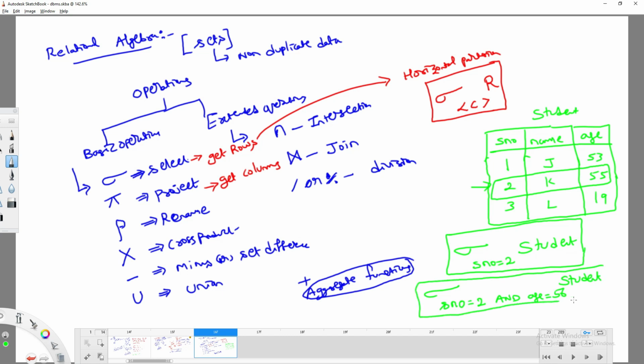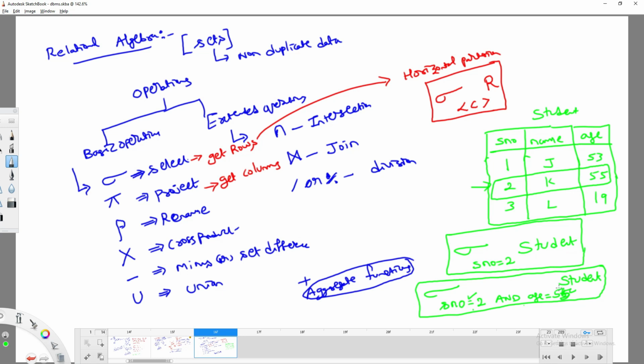I am trying to find all the details of the students whose serial number is 2 as well as age is 56 from the student table. Now what outcome are you going to get? You are going to get empty, because there are no rows which satisfy both conditions, serial number 2 and age 56. But if I modify the query to 55, what will happen? You are going to get one complete row.